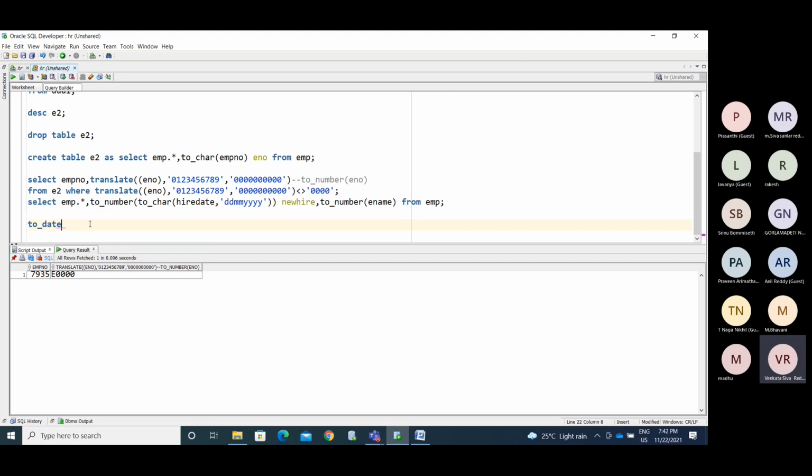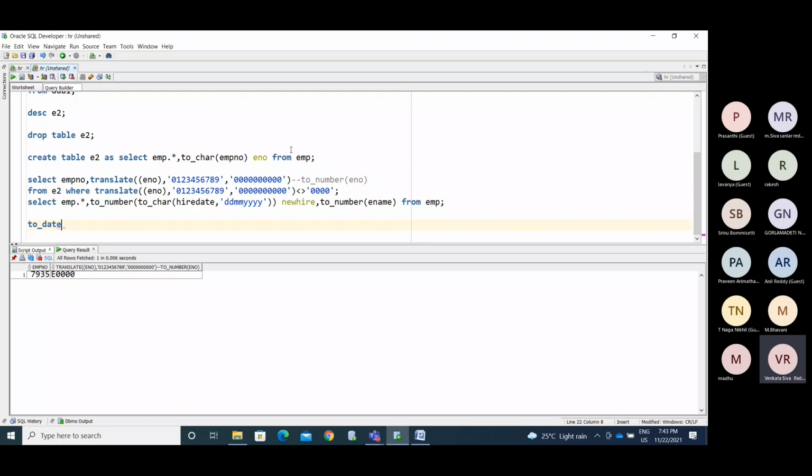If you have number values or character values and want to convert them, how did we convert that date to a number? On top of that, you can make it to_date of that column value, DDMMYY, whatever format you require. If you convert that, it automatically converts. So while converting that date to number or anything, sometimes you need to use the to_char function in between.